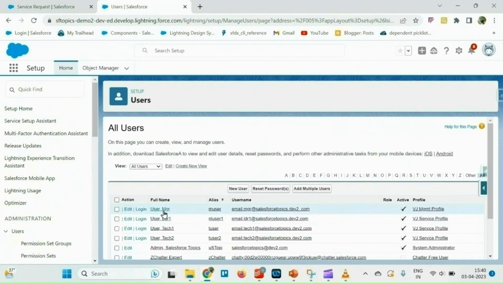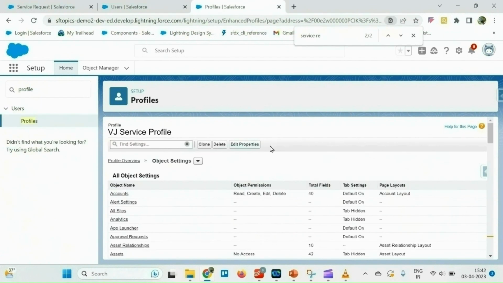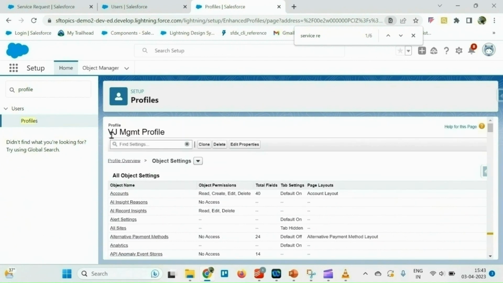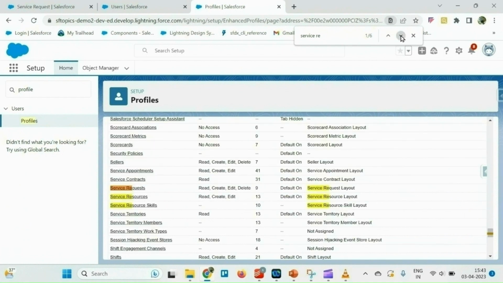We have 4 users, that is MGR, LDR1, Tech1 and Tech4, and the profiles of LDR1, Tech1, Tech2 is the same, that is VJ service profile, and the user manager's profile is VJ management profile. Under this profile, we have complete access on the object level. Under VJ service profile, for our object, at the object level we have given read, create, edit, delete permissions. Same way for the other profile, VJ management profile, for our object we have given complete read, create, edit, delete permissions,